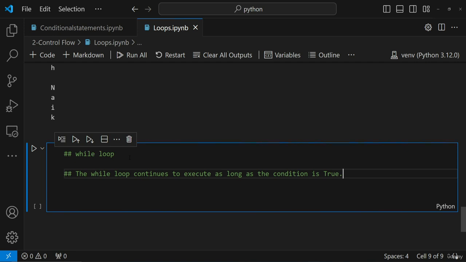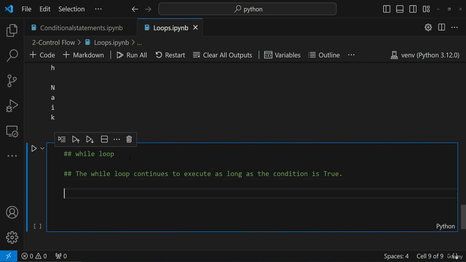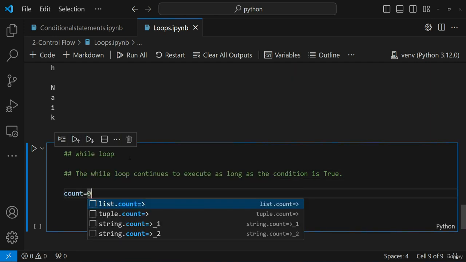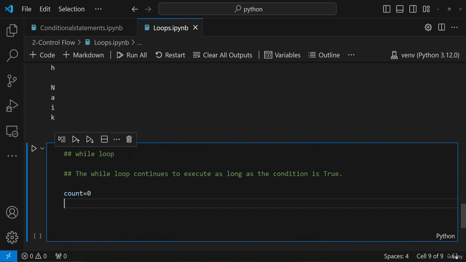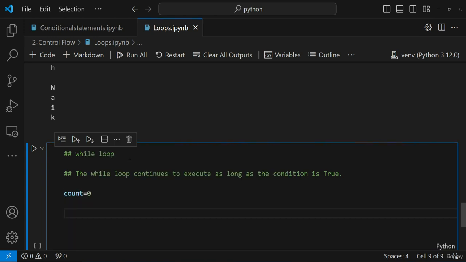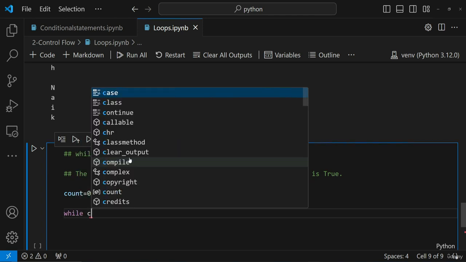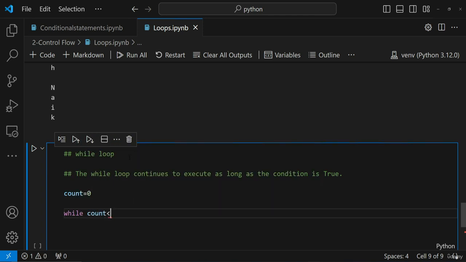That basically means that unless and until the condition I'm writing in the while loop is true, it is just going to keep executing it. Now let me do one thing. Let me create a temporary variable called count. Now with respect to this count, let me go ahead and write while count is less than 5,